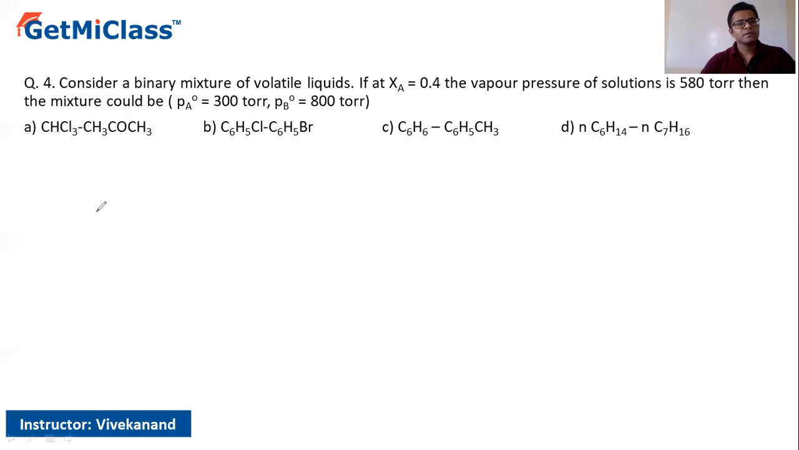Options given are the chloroform and the acetone mixture, that is option A. Option B, chlorobenzene and bromobenzene. Option C, benzene and toluene. Option D is n-hexane and n-heptane. Okay, so therefore, in this entire case,